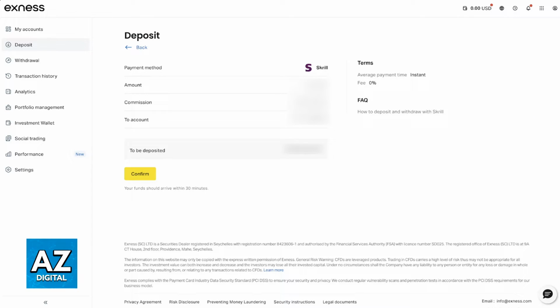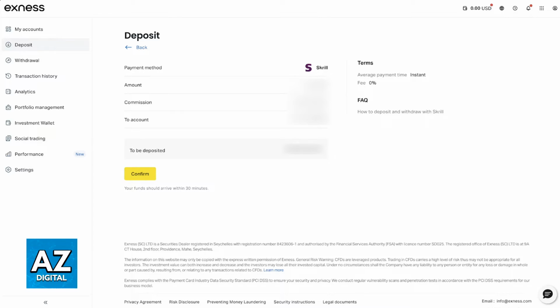And then like I mentioned, you can confirm all of the other details. So the main account, the amount, and how much is going to be deposited. You can check the amount of fees included at the right side of the screen, so look at the terms and be aware of any included fees for this specific transfer, and then review all of the details.